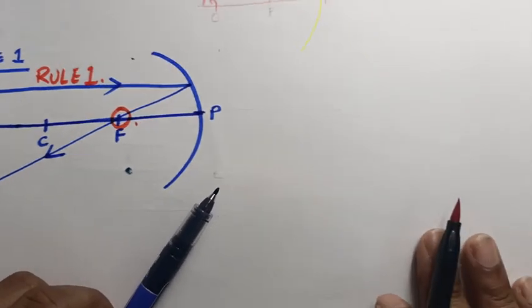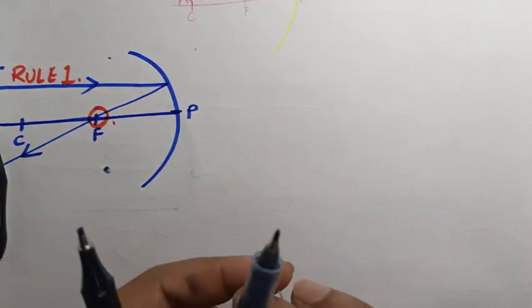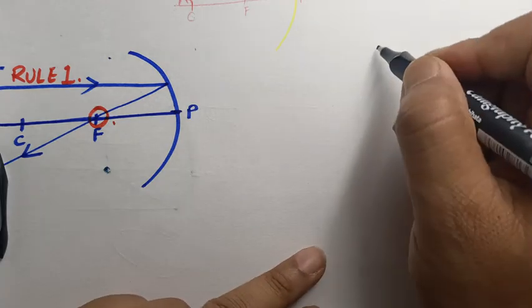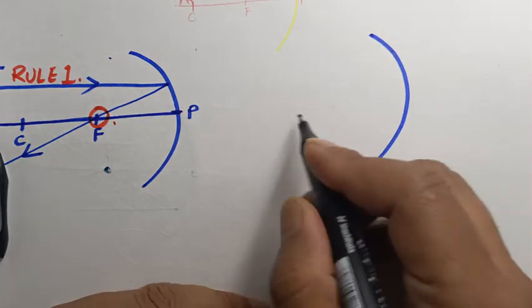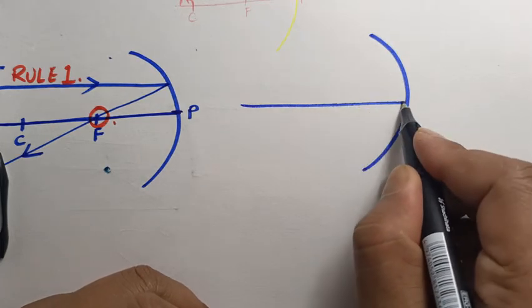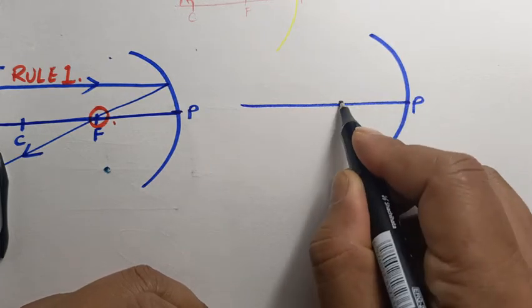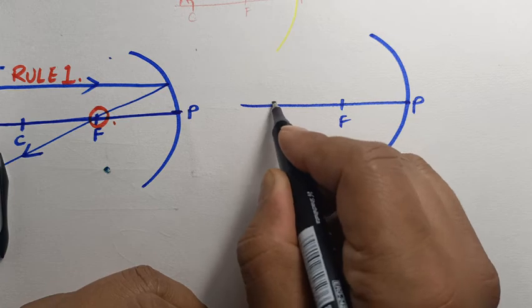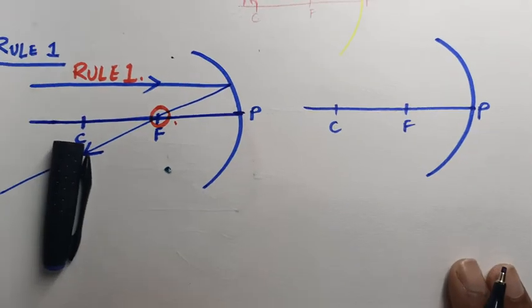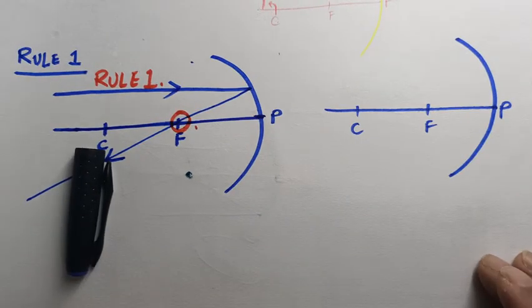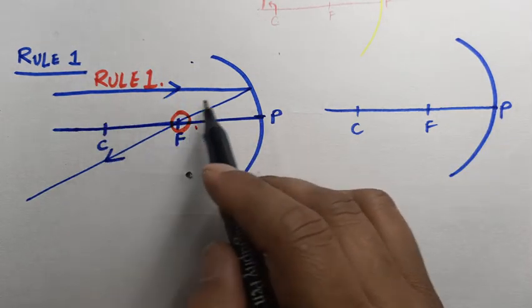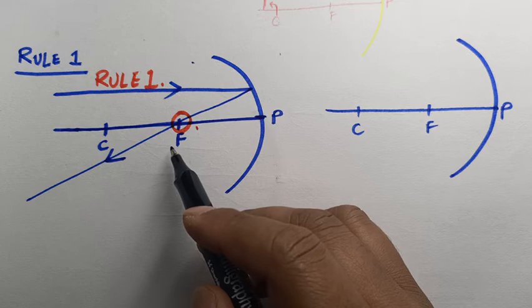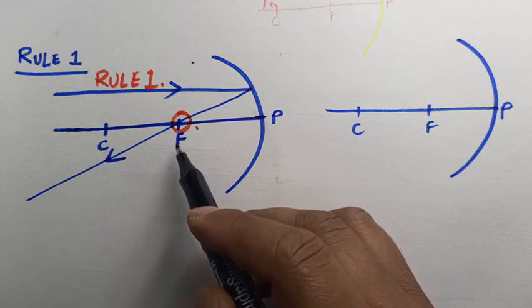Once again, let's try to understand rule 2. Once again, I take a concave mirror. This is the principal axis. This is the pole. This is the focus, and this is the center of curvature. Now, rule 1 is a ray of light which travels parallel to the principal axis and passes through the focus. What is rule 2? Rule 2 states that